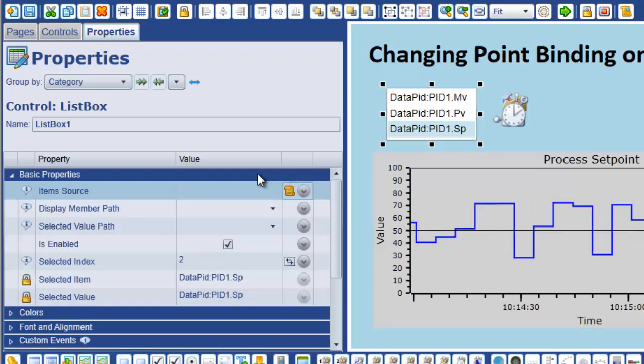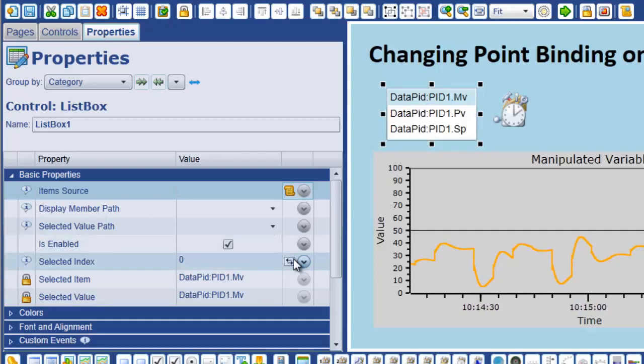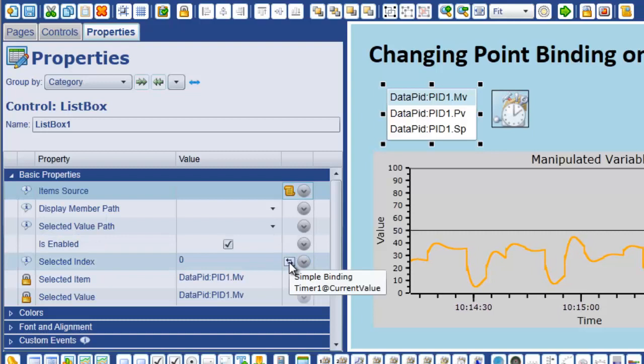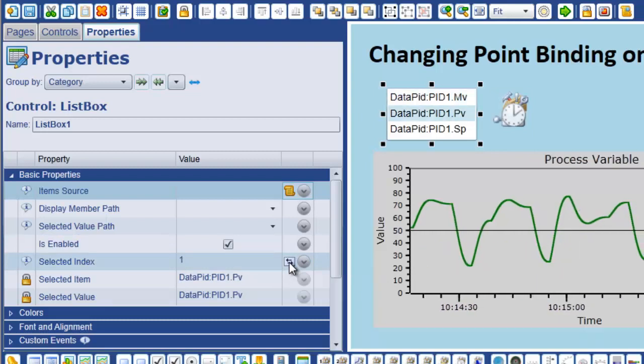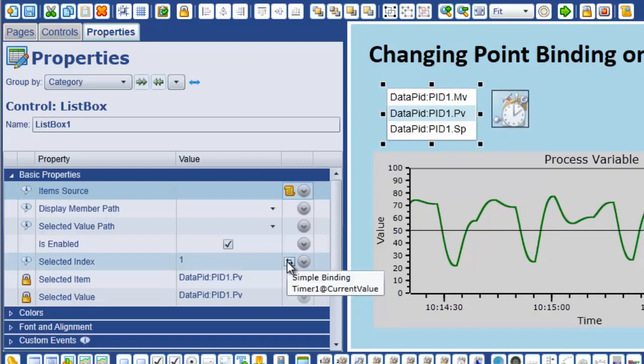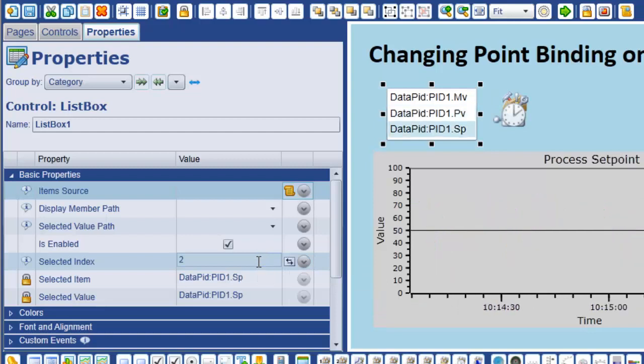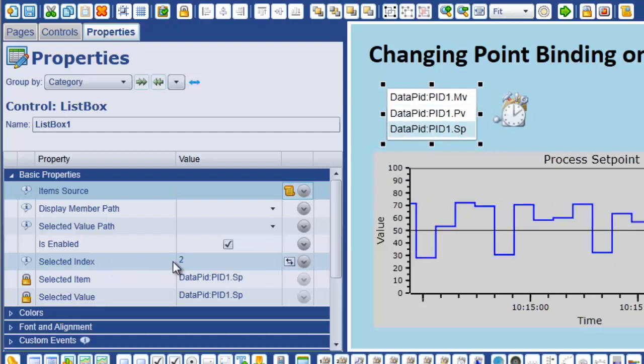One of the other things you'll notice is that the selected index, whichever one of these is selected, is joined by a simple binding to the current value of our timer block. So you can see that when we cycle through 0, 1, and 2, we're actually changing the selected index